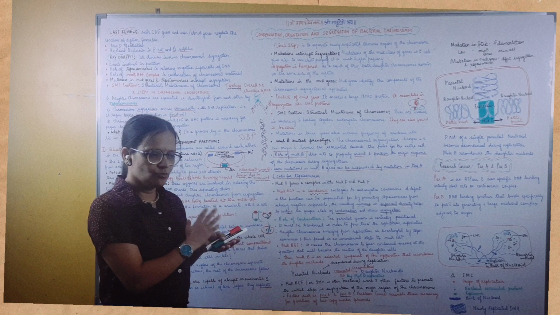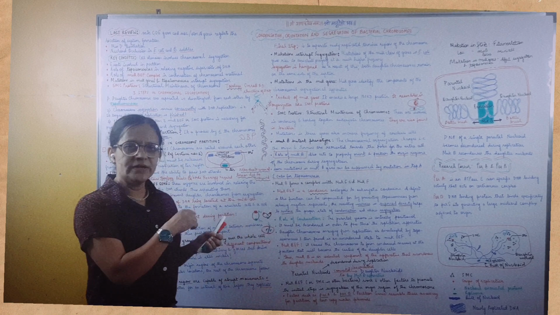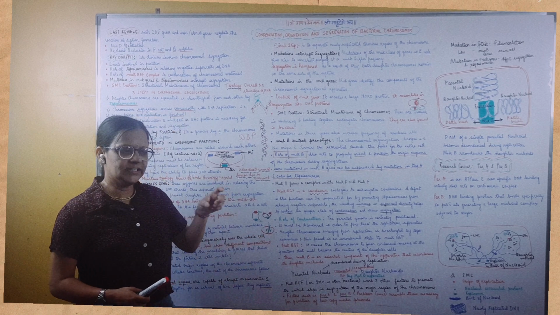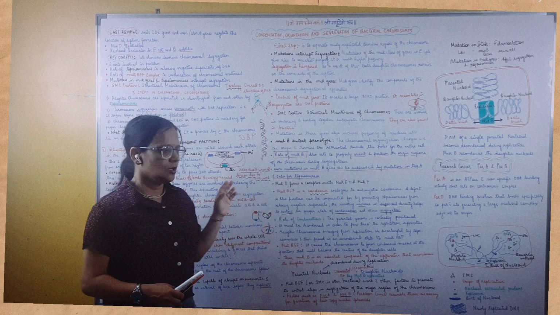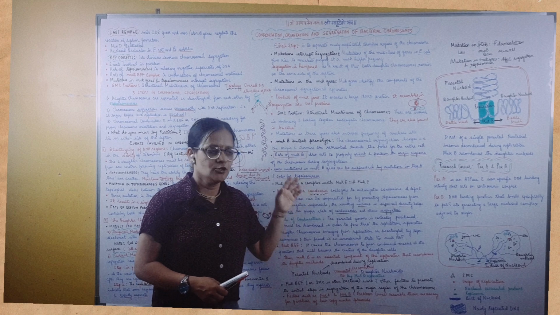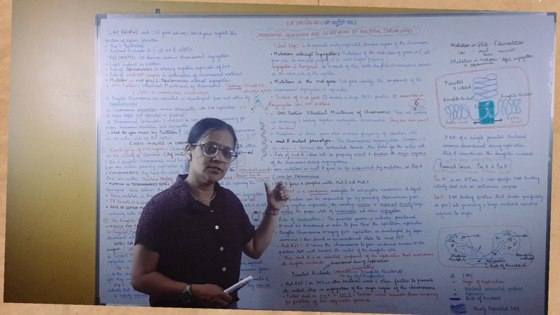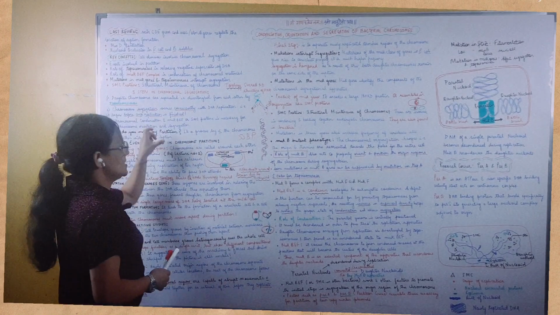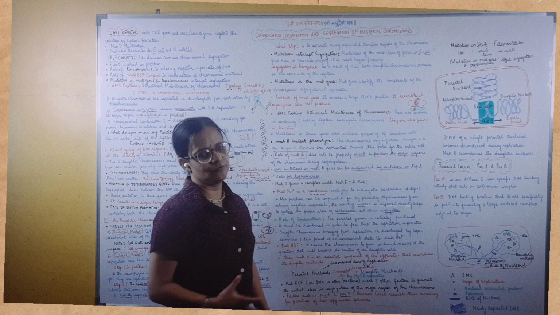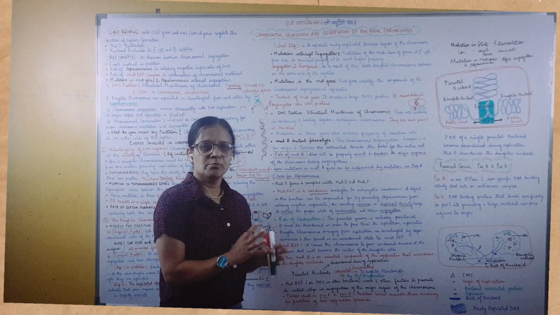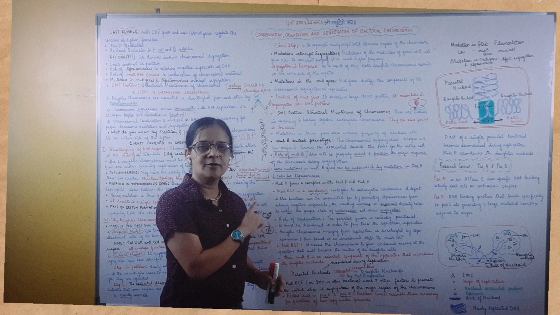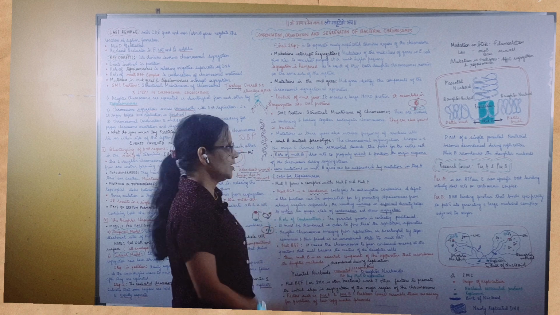Now please don't confuse this MukBEF complex with the MinCDE complex which we studied in the previous lecture, right? The MinCDE complex is involved in locating the position of the septum, where the septum formation should take place. So the role of MinCDE genes is different, and the role of MukBEF over here is in condensation of the chromosome, in bringing about segregation of the chromosomes. So please don't get mixed up with the letters. Here you have MukB, MukE, MukF, and there we had MinC, MinD and MinE, right?